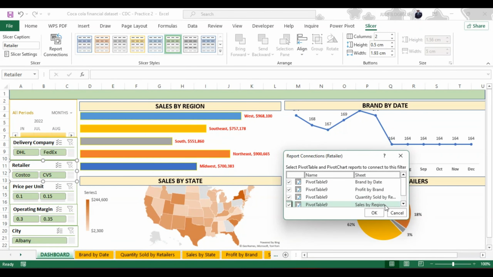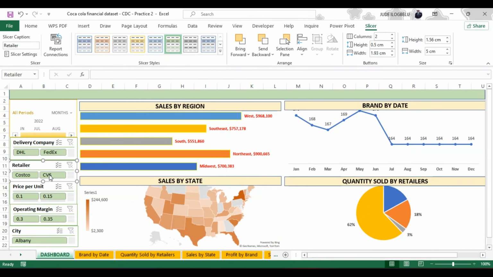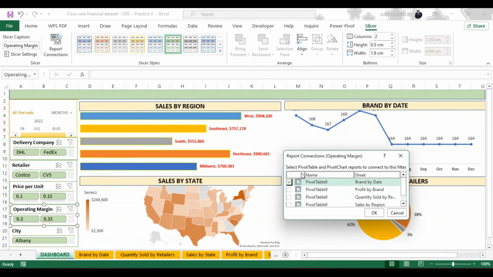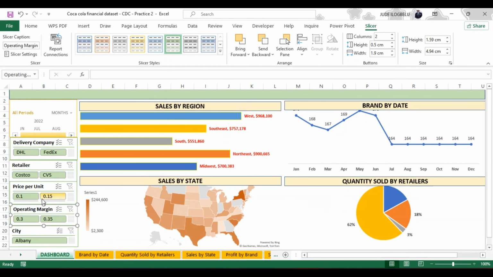See, we are taking our time to look at what slicers, how we are able to format and use them to become very, very interactive for us. So you check everything. Remember, I removed one, but it's of no consequence for us. Then the city,